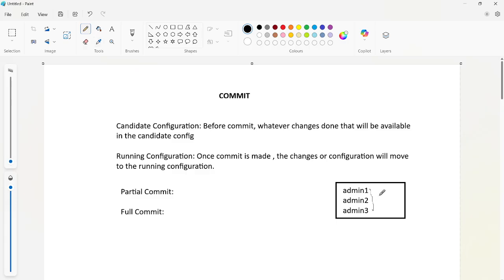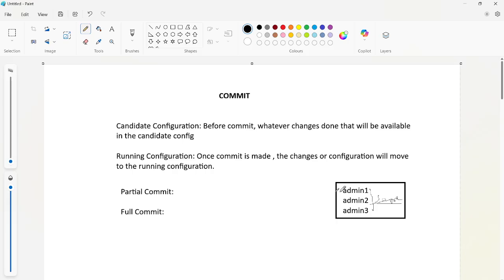Super users are the users who have full access to the firewall; whatever they want, they can do, even configuration changes or deletions. Everything they can do. So I have three admins who have access to the firewall and can do whatever they want.